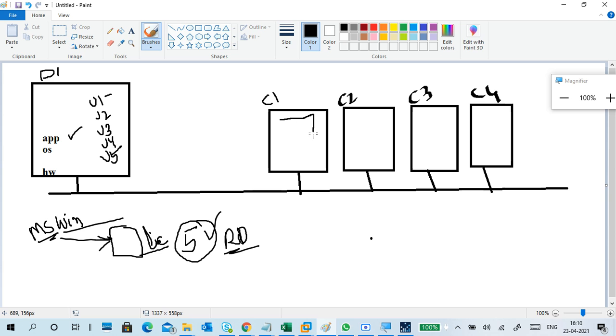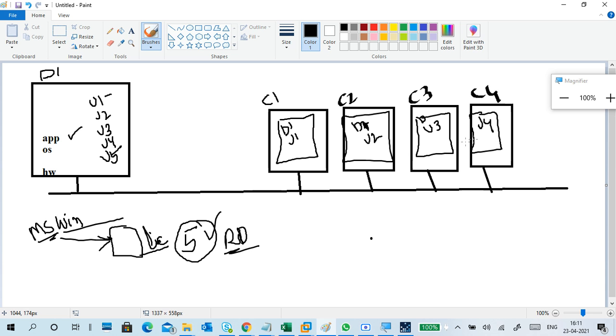So here I access the D1 PC with user one, and the D2 PC with user two. Sorry, D1 PC, same PC. The PC is the same, but the user is different, and each user will get different profile data.